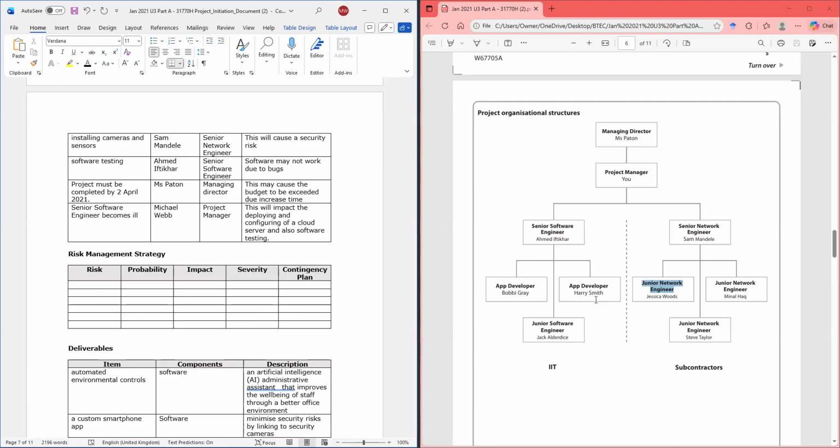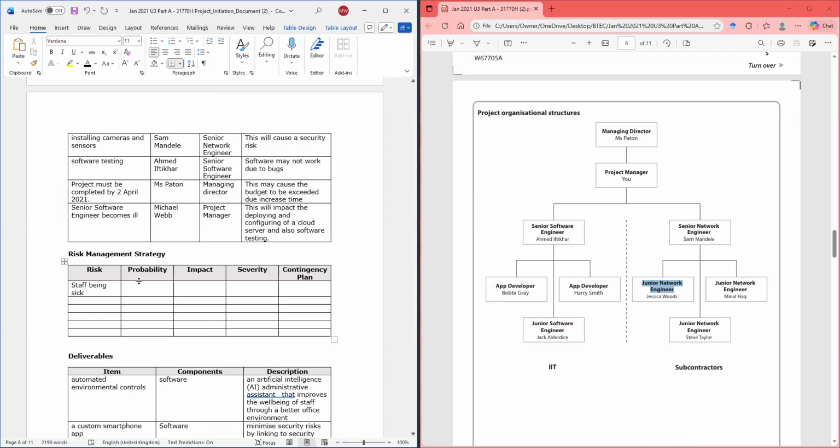All you have to do is try to understand what you're looking for, what would be a risk, and how you would mitigate it. So the risk, one of the most used risks is staff being sick, right?